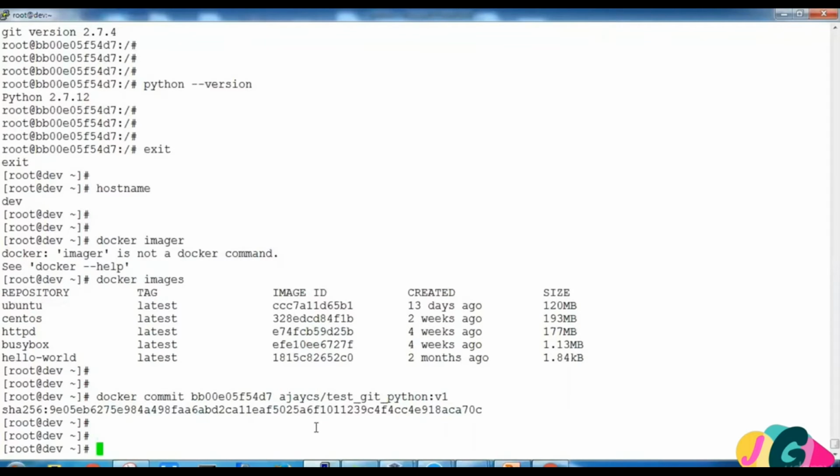Now the next point is, once you have created an image, you have to upload that image on Docker Hub. To upload the image on Docker Hub, we have to use the docker push command. But before push, we have to make sure we have logged in to our account. So we'll say docker login.